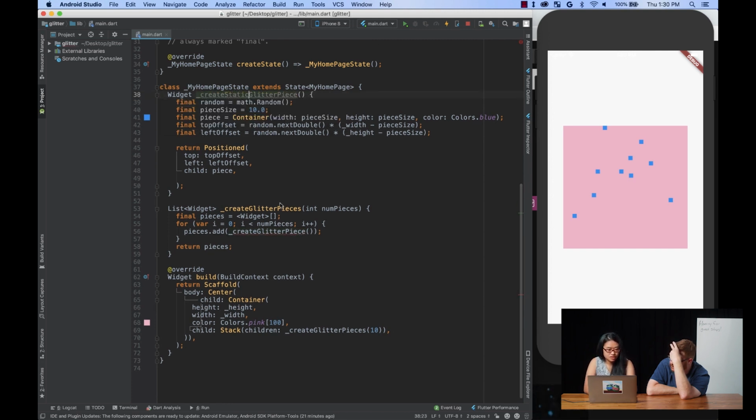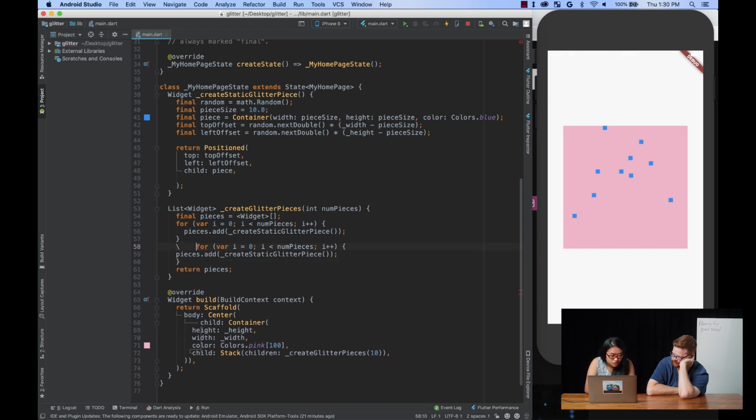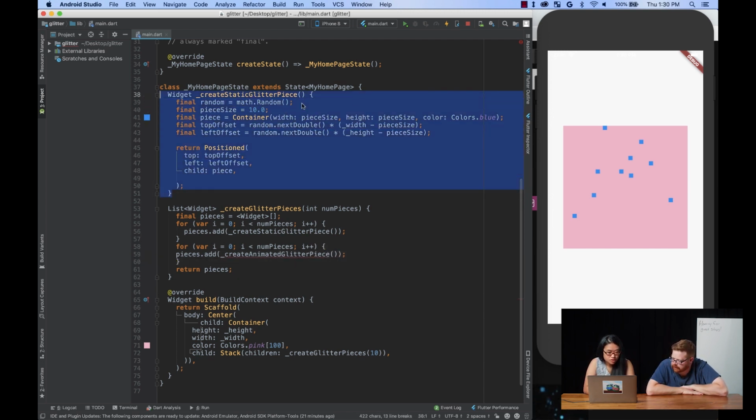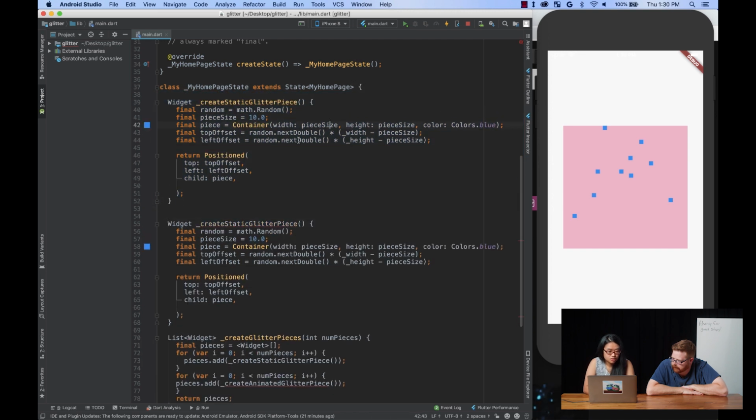Ah, okay. So we're going to add the static one and then add the animated ones. Yeah, so we'll do the exact same thing here, but instead of static, we'll be doing the animated glitter piece. So let's just change these to green for ease of... Okay, so if we're going to have static ones and animated ones, and we're going to call a method to make them both,